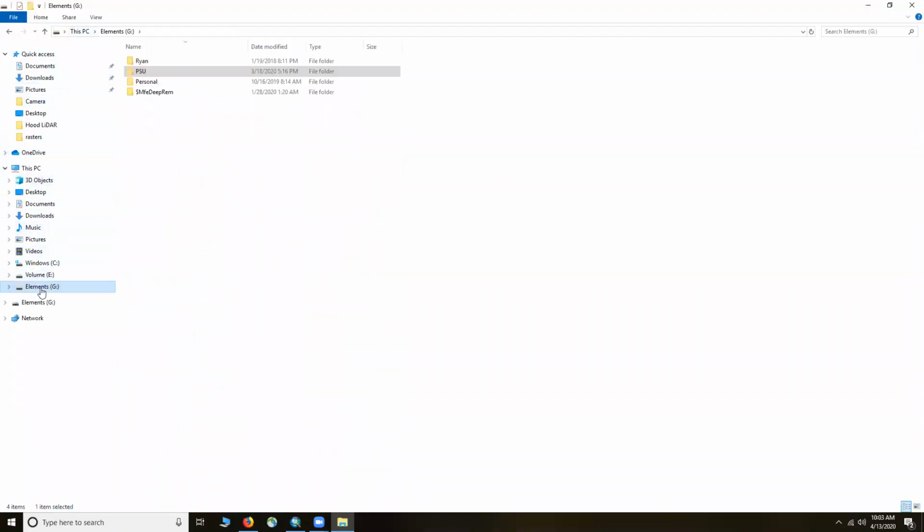So here's my Elements G. This is like a 30 gigabyte external hard drive that I use. It works great. It was like $50 on Amazon. I bought it years ago and I still have plenty of space on it. And I have a ton of LiDAR data on it. So I definitely recommend one of those. But here, this is kind of how I